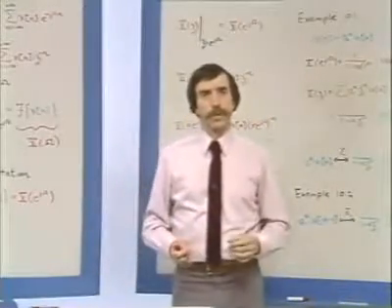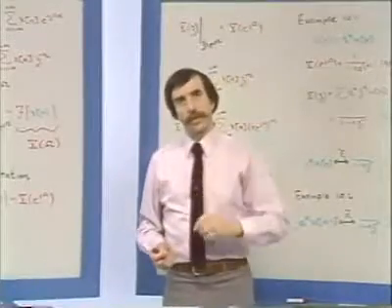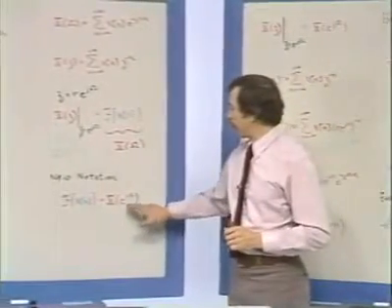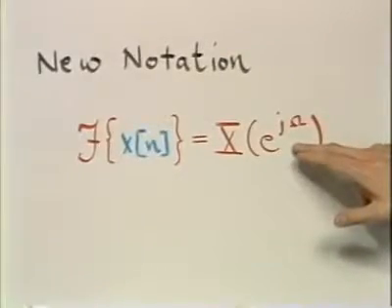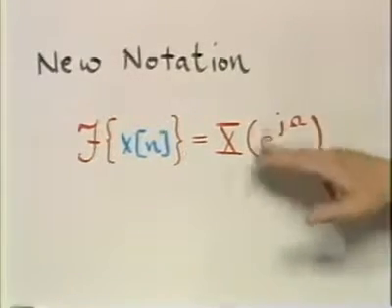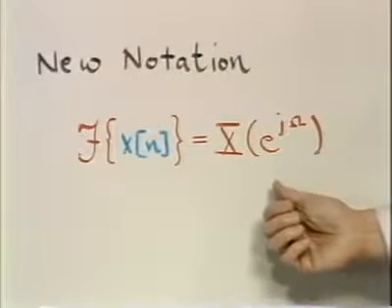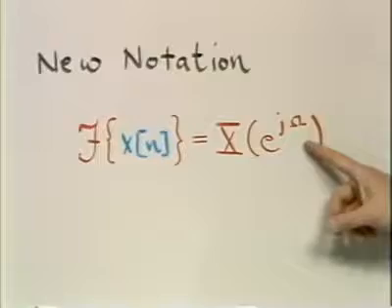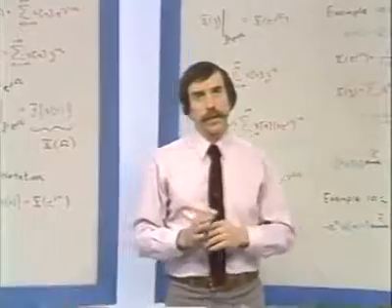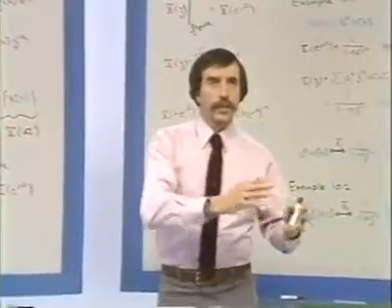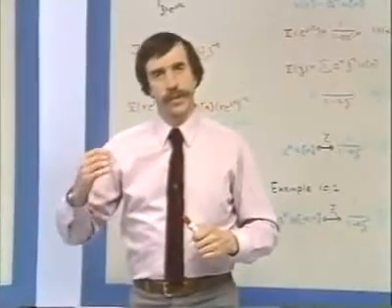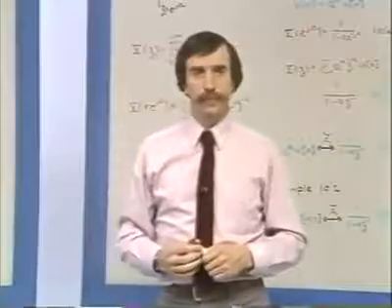It's very similar to what we did with the Laplace transform, but let me draw your attention to the fact that in the Laplace transform, the independent variable that we ended up with in talking about the Fourier transform is different than what we're ending up with here. In particular, before we had j omega, now we have e to the j omega. And the reason for that is simply that whereas in continuous time we were talking about functions of the form e to the st, now we're talking about sequences of the form z to the n.